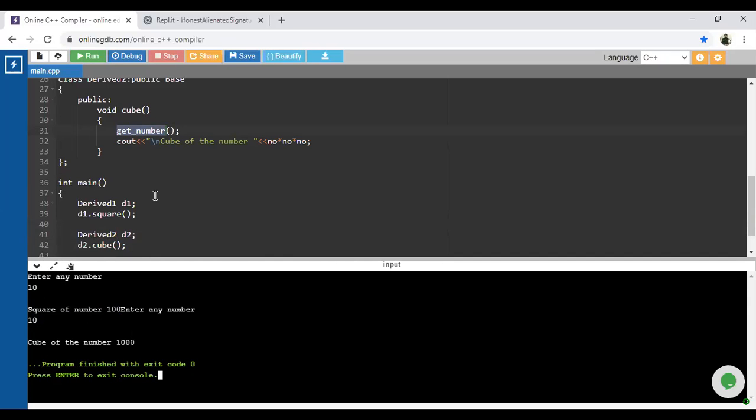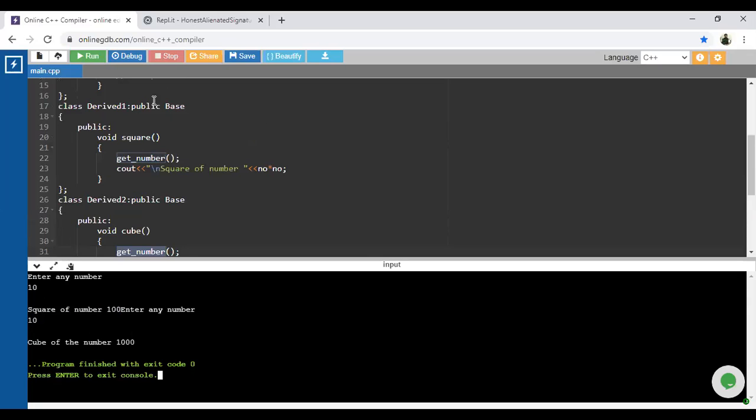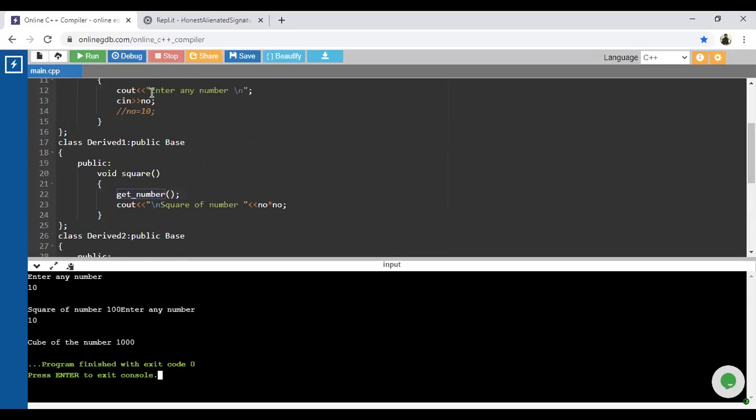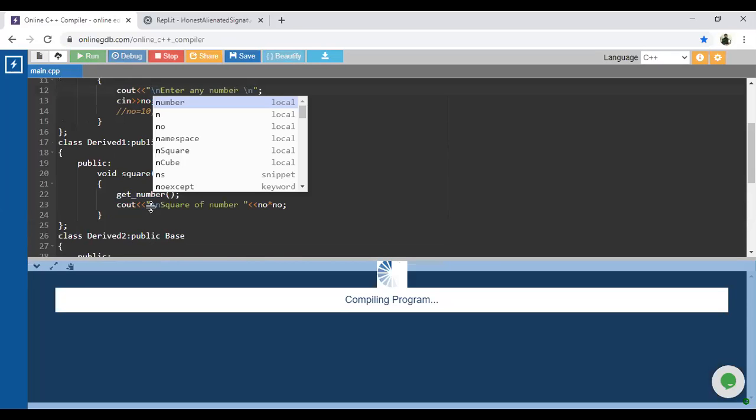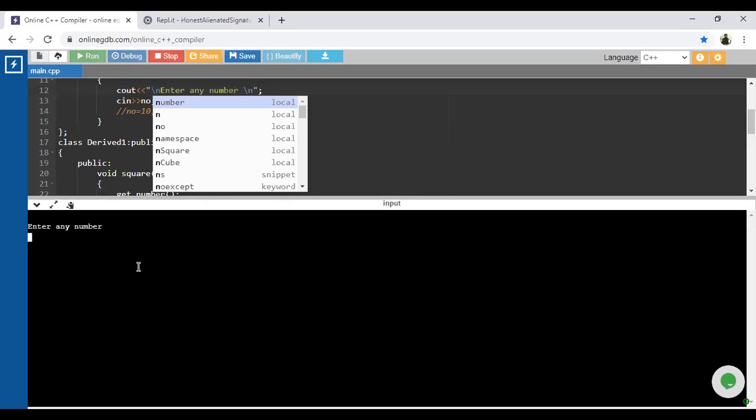I will use \n so we get a better output window. Just look, guys, the square of number is 100. Next, this particular message, enter any number, is from the cube function, and the cube of number is 1000.